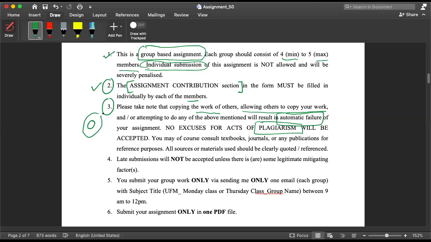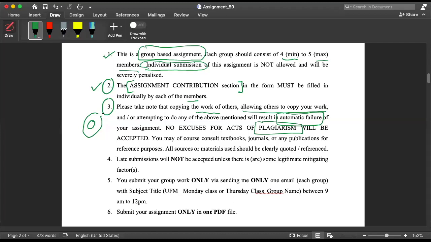You may not copy from another student, but maybe you help another group member to do assignments and they exactly copy and paste your assignment, all right? So the idea is, if you want, you can discuss with other group members to raise ideas, to attempt the whole assignment, but make sure you do not exchange your files with other groups. Keep files within your group members. You can only exchange with your group members. Do not send your file, your solution, your answers to another group member, no matter how good friends they are,